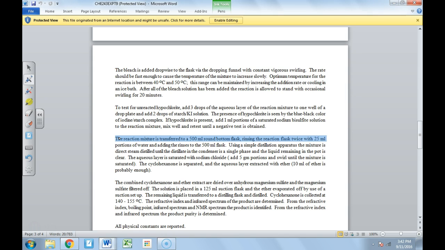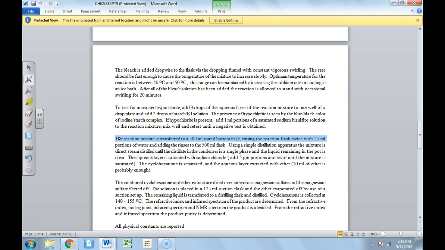But how much cyclohexanol did we start with? Look back at your sheet. How much is on your physical constant sheet? Is it 10 milliliters, 20 milliliters? Not giving you that answer. Well, in general, if we're starting with 10 or 20 milliliters or 50 milliliters of starting material, in this case cyclohexanol,